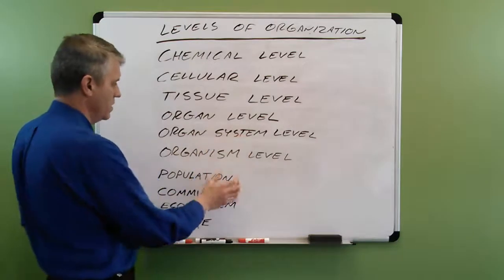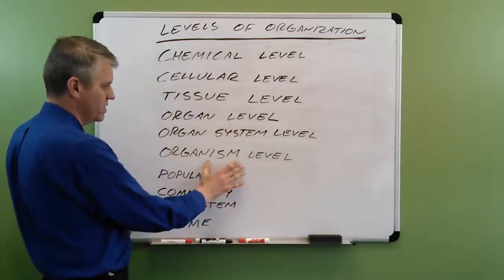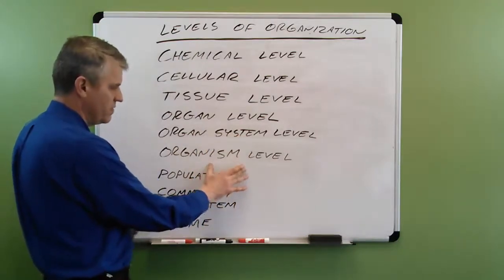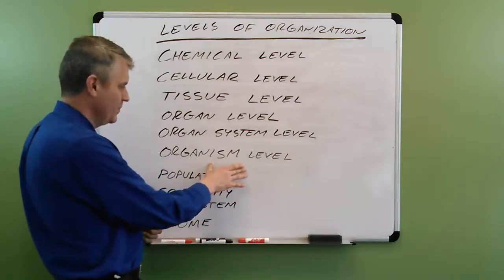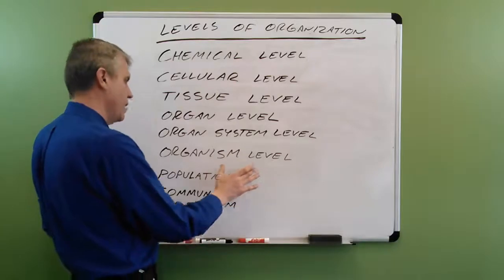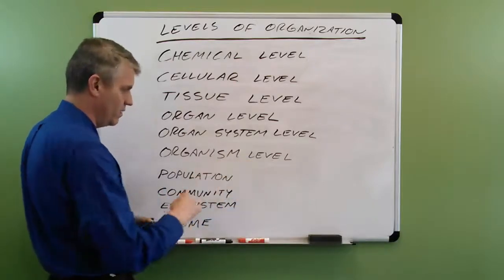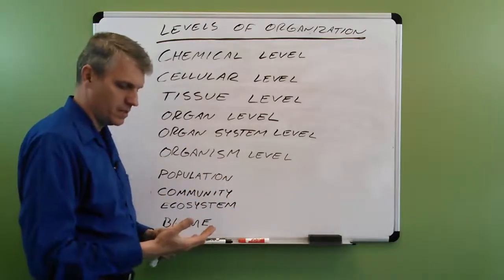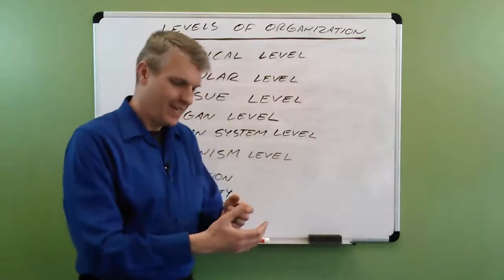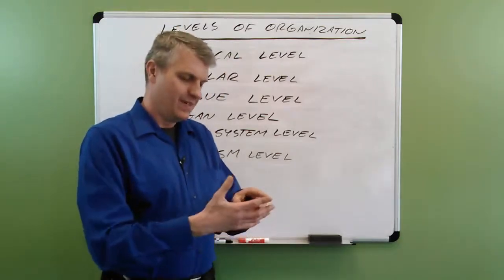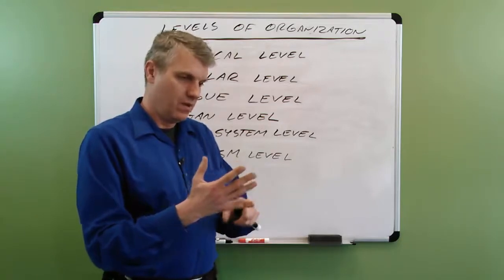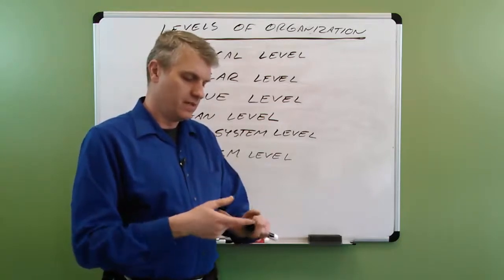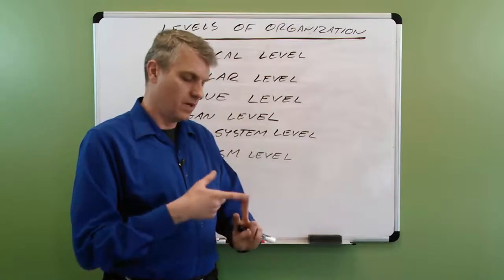So that's enough about organ systems, and I think we covered organism level well enough. In order to have a full human organism, you need to have all 11. A full, complete, healthy human being would need to have all of what we consider the 11 body systems, and let's see if I can go through all of them. Integumentary system, muscular system, skeletal system, nervous system, endocrine system, lymphatic system, immune system, reproductive system,